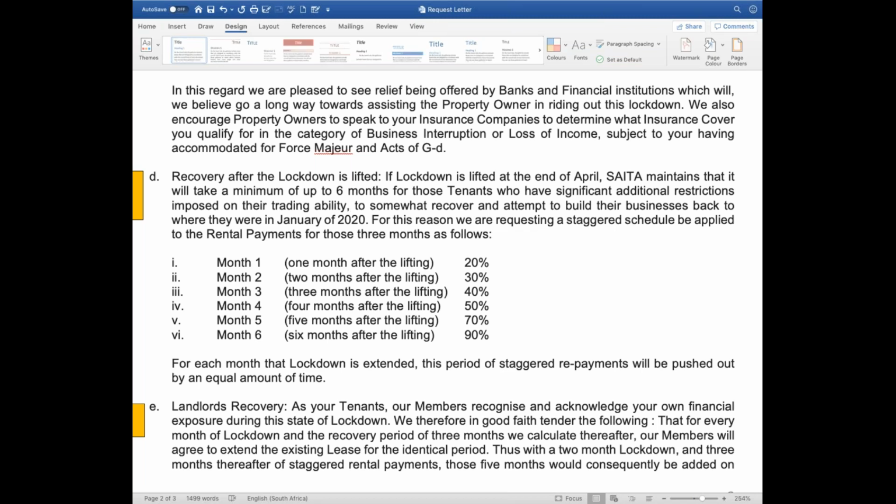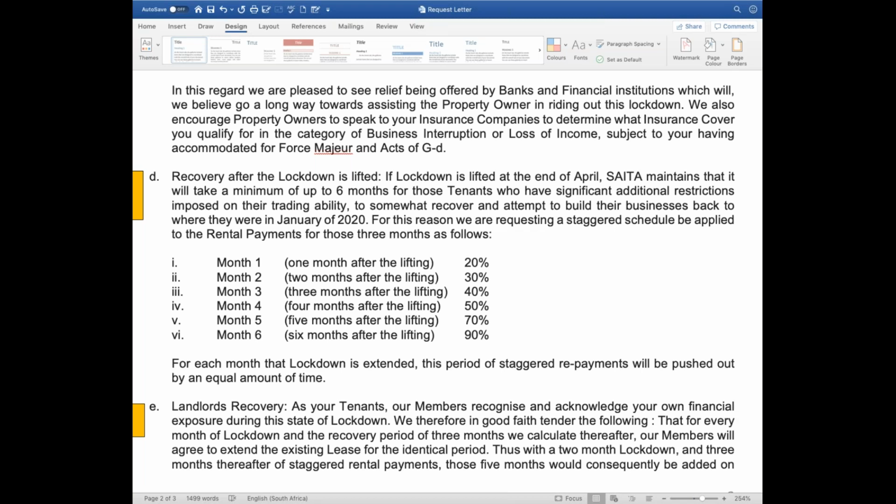People aren't coming into the country, and now all of a sudden, month 5, which is toward the end of the year, we've got no international trade, and we're now committed to 70% of the rental, and none of us have collected any cash. All we're doing is just kicking the can further down the road by putting these figures in place. Anyway, that's our 2 cents. We don't agree to it.